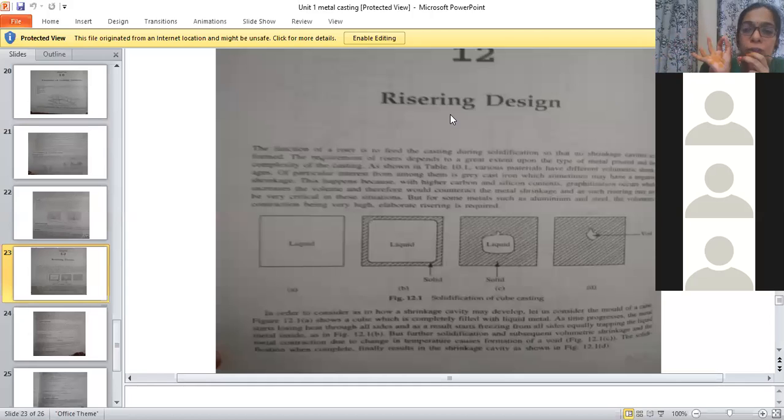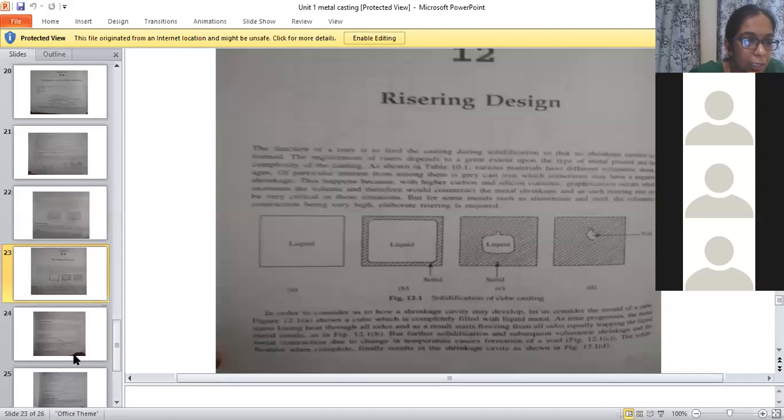In order to use this directional solidification, you will use a term called riser. You can insert it where there could be an issue of shrinkage. You can use n number of risers, right? Likewise, you can use top risers, side risers, and you can even incorporate this riser inside the cavity also, right?